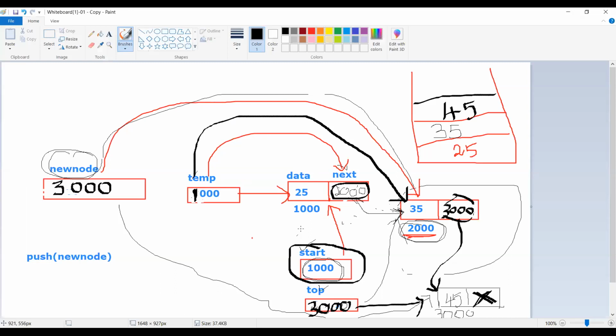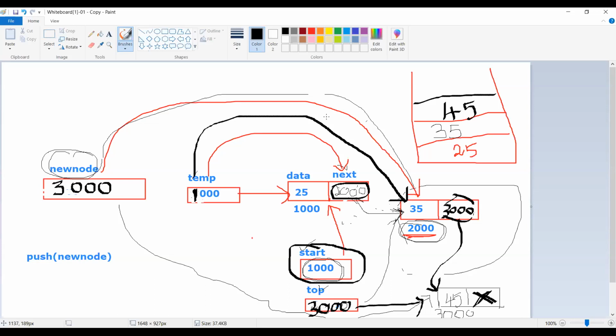This is one way. The other way, what I told, is until you find the null value in the next field, then you can stop there and you can delete that. That is what I told previously as one way. So you can write differently, depends upon your programming knowledge. It's your wish. But in this program, what they have written is they are checking whether the next field value is equal to top or not. That's all. If it is equal to top, okay, this is the node I have to delete. This is the node I have to pop from the stack. It's your choice.